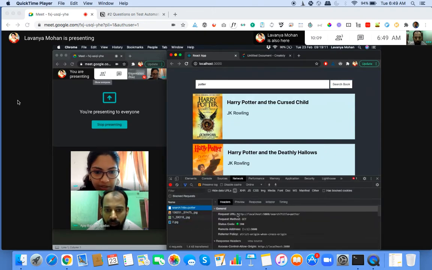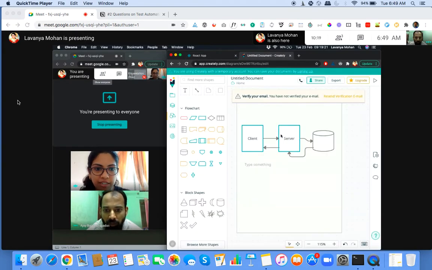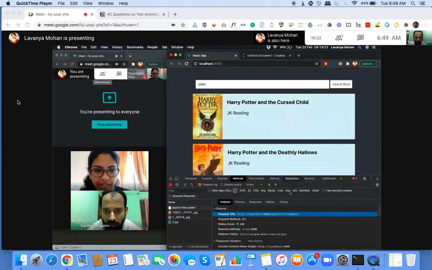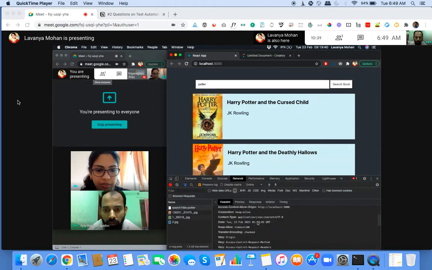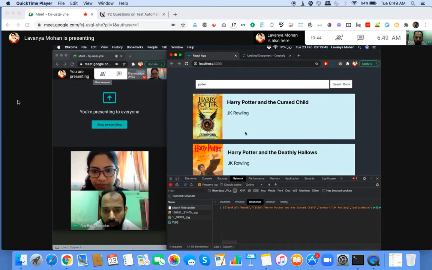And this one, search, is the actual API that is getting called. So basically, localhost 9000, this is where currently this server is hosted. Since everything is local, it is localhost. And then search is the endpoint API that we actually get calling. And we are also passing some title as a query parameter. And since we search for Potter, it says Potter. And this would give us some response back, which is in JSON format, which actually gets displayed.